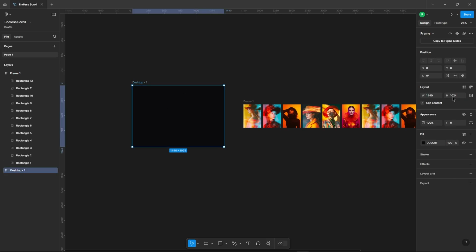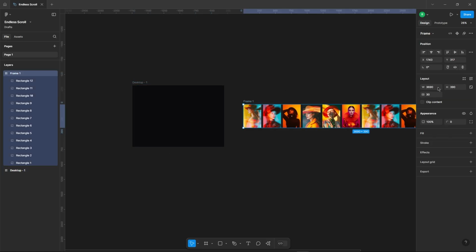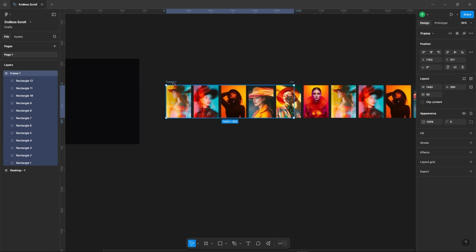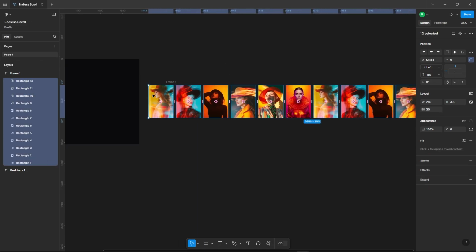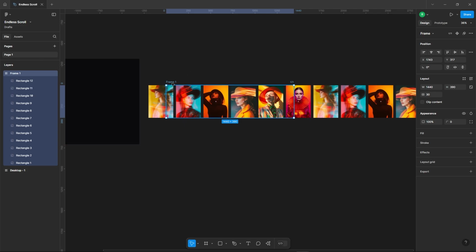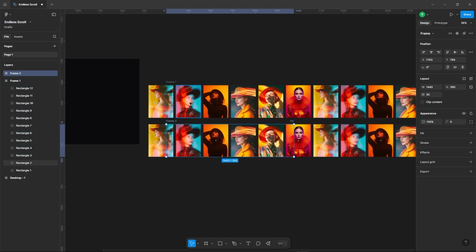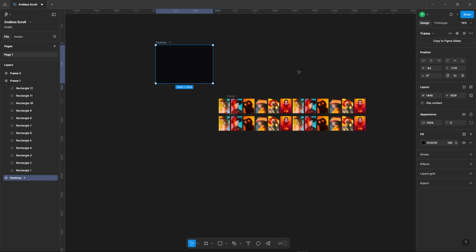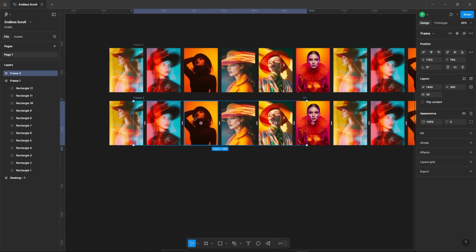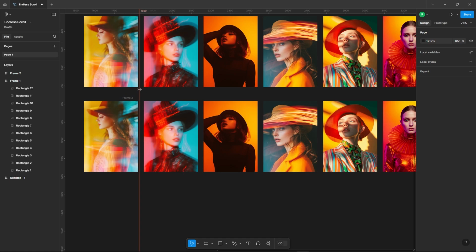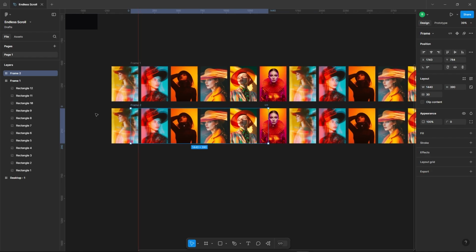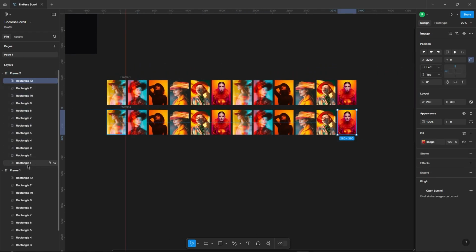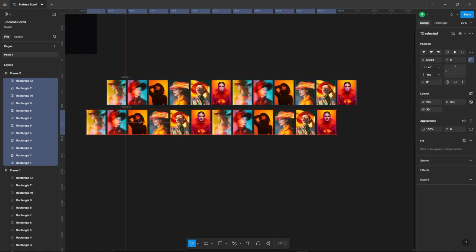Check the width of the main frame, and based on that, set the width of the image frame accordingly. Now, select all the images and move them slightly to the left. Next, create a duplicate of the image's frame. Let's add a ruler for reference. Select all the images in the second frame and move them to the left,